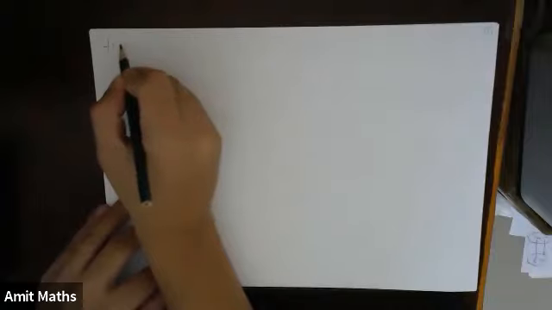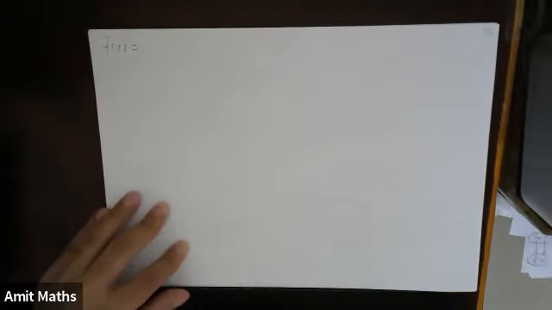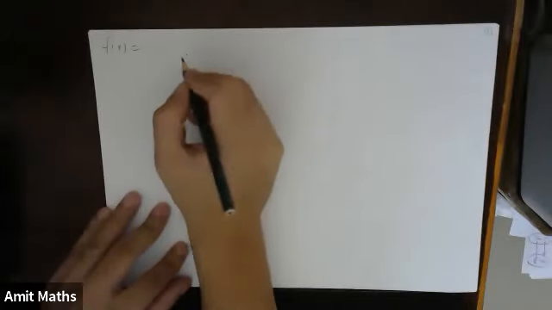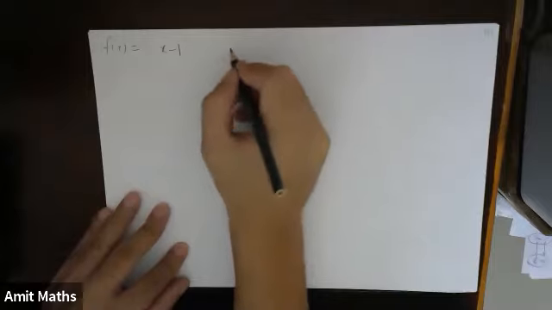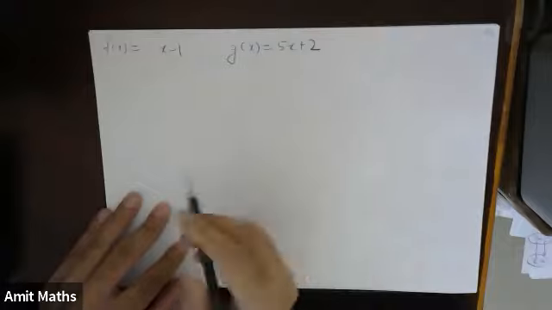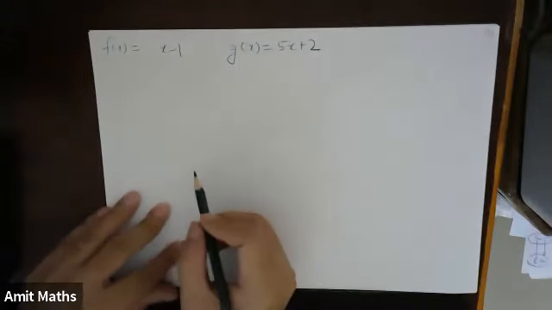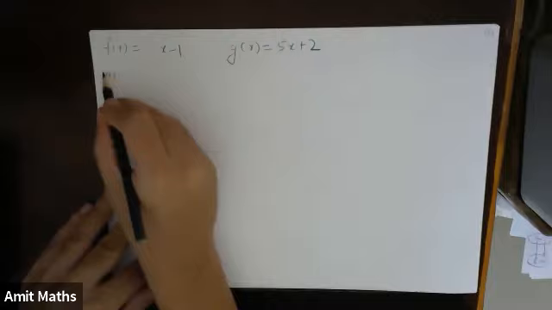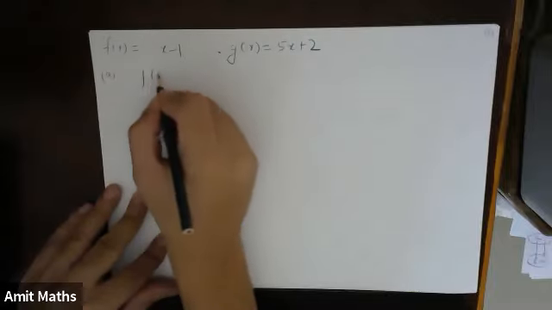So the question is, given f of x is equals to x minus 1, and g of x is equals to 5x plus 2. These are the two functions given to us. Now you have to find the value of f of g of 2,